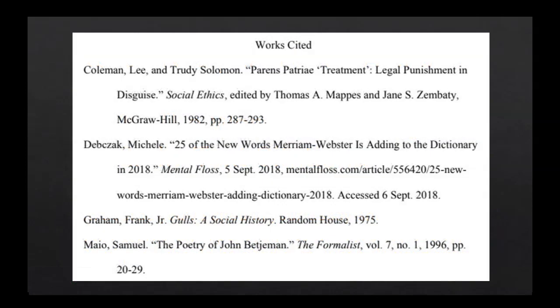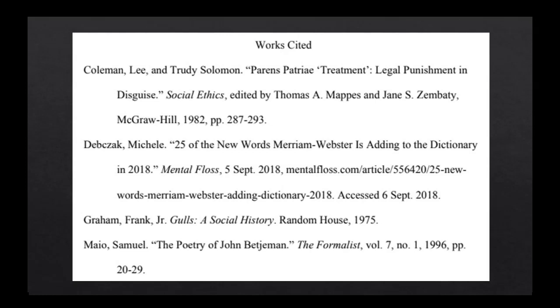Here's an example of a Works Cited page. You can find other examples on Purdue OWL. Note that the words Works Cited are centered at the top, and this would be the top of a new separate page at the end of your essay. The entire Works Cited page is double-spaced, without any extra space between entries. The sources are listed in alphabetical order, and each is indented with what's called a hanging indent, meaning that only the first line is not indented.